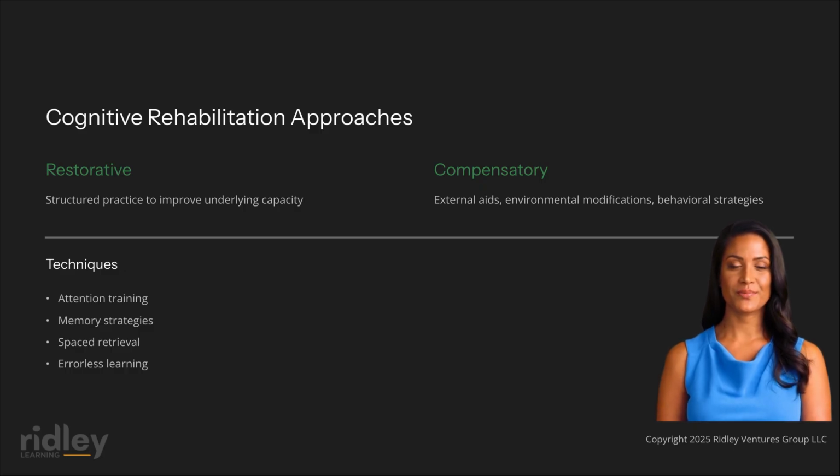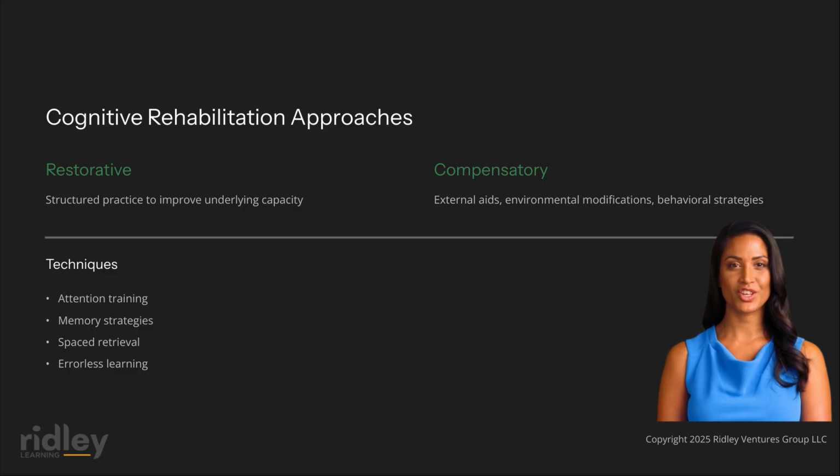Attention process training, memory strategy instruction, and executive function interventions have demonstrated benefits in research settings, though translation to functional outcomes remains variable. Compensatory approaches focus on external aids, environmental modifications, and behavioral strategies that enable task completion without requiring improved underlying cognitive capacity. Specific cognitive rehabilitation techniques include attention training programs that progress from simple sustained attention tasks through